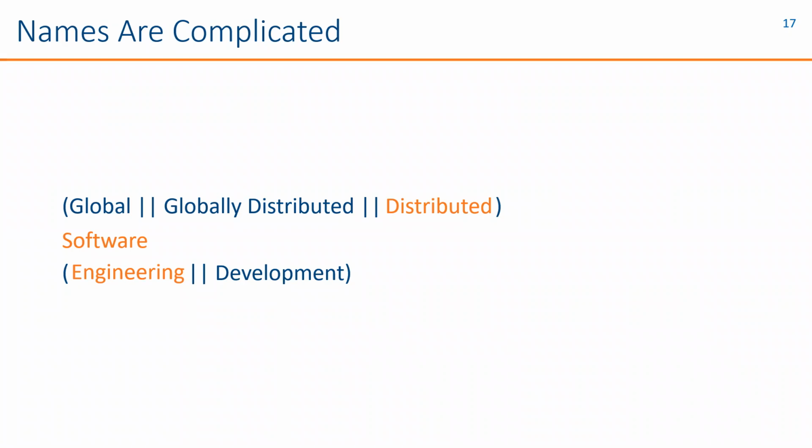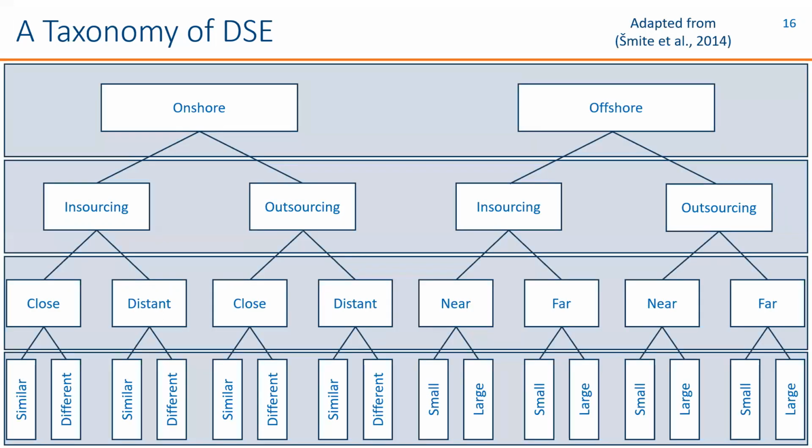So maybe now you understand why I use the term distributed software engineering instead of global software engineering. Now, I do want to get back here just a second and recognize that those criteria are kind of odd. The purpose of this taxonomy is to be used to classify case studies in different papers. So it is to break up that fragmentation and that web of nonsense that's been built up.